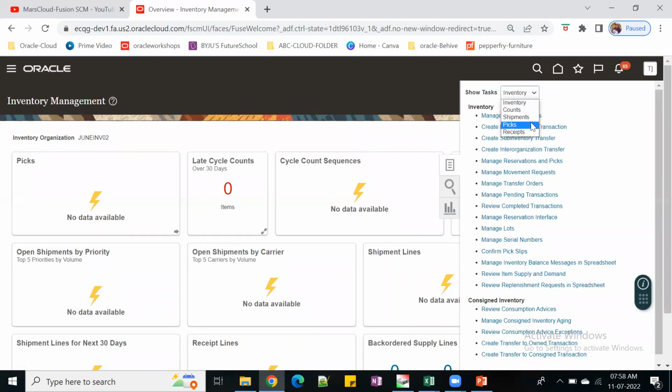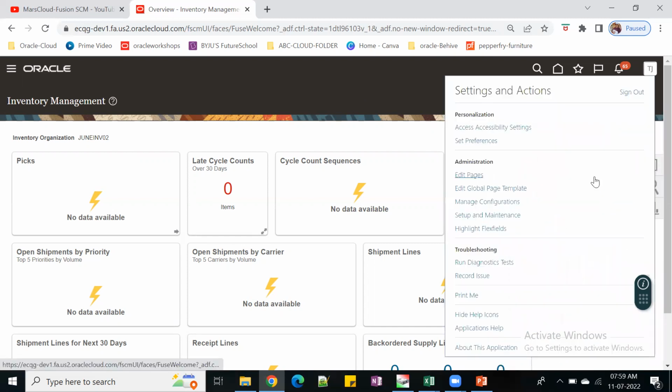We have inventory, count, shipment, picks, receipts. These things are controlled using data access and job roles. Once you don't have sufficient job roles and data access, some of these things won't work. So in order to use these transactions, you must configure the system using Setup and Maintenance. So once you go to Setup and Maintenance,